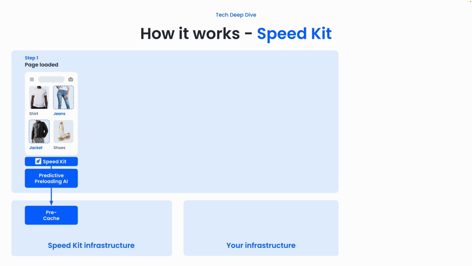This pre-caching happens completely on SpeedKit's infrastructure and does not increase the load on your origin servers. To enable that, SpeedKit caches an anonymous version of the page on its globally distributed caching infrastructure while ensuring personalization is applied dynamically. More on this dynamic caching on the next slide. The big advantage of this is that we process the page already in the background before the user started the